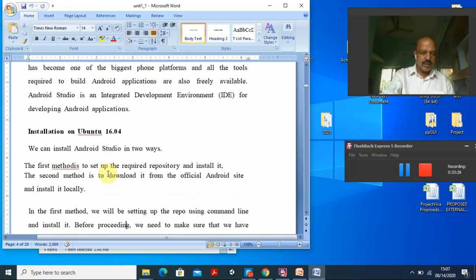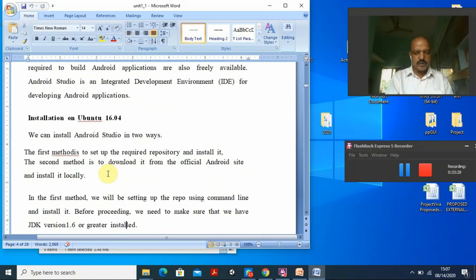Then, how to install on Ubuntu 16.04. There is not much difference between installing this on 16.04 or on 18.04. I did it initially on 16.04, and you can do it in a similar way on 18.04. Actually, I am not going to show you on these; I will show you on the Mac operating system, because that is a different flavor for you also.